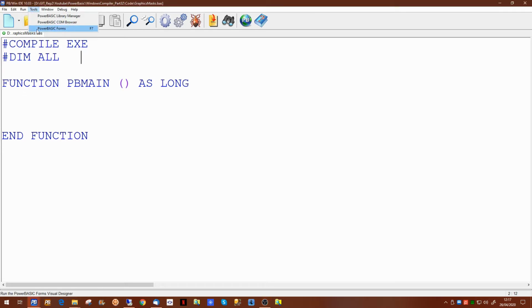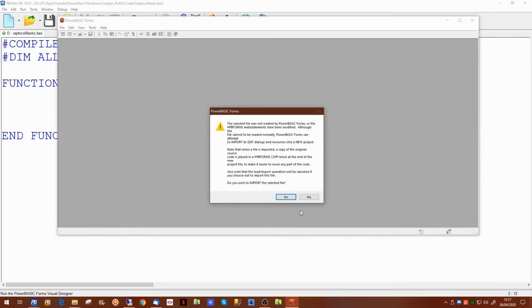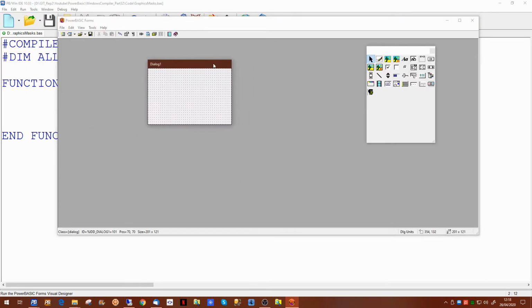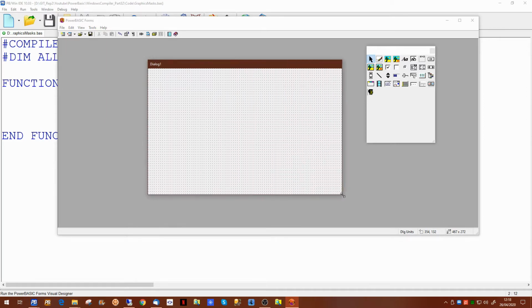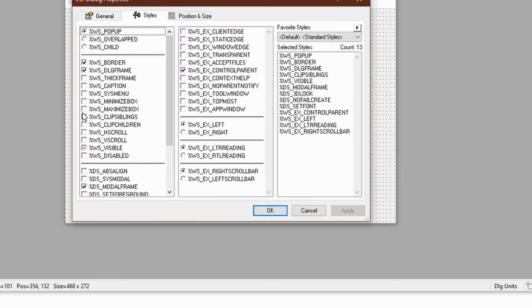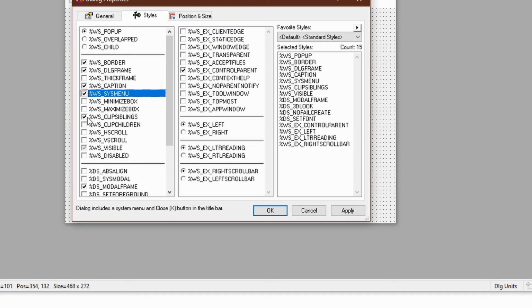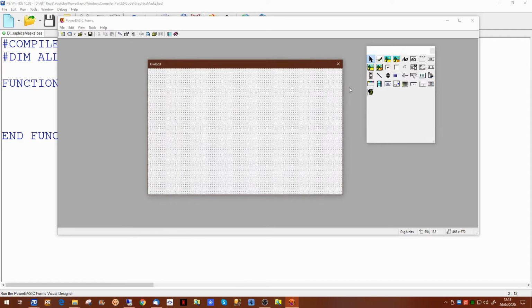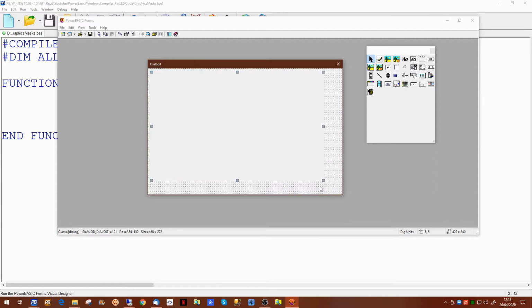What we'll do first is we will create a form. Just a small, simple form. And on that form, we will set it to have a caption, a system menu, and we will set it to be centered on the screen. And we will place the graphics control on the form, as so. Right, that's all we need the forms designer for. If we save that now,